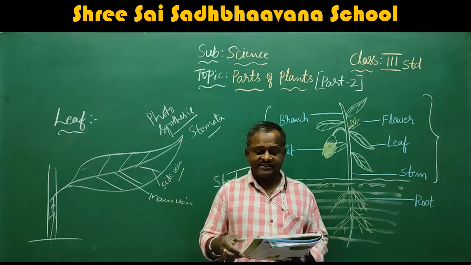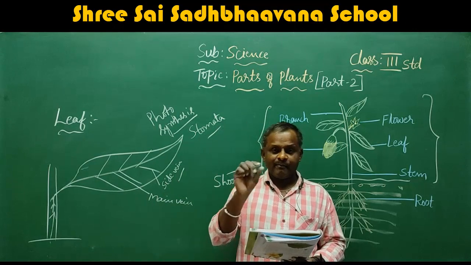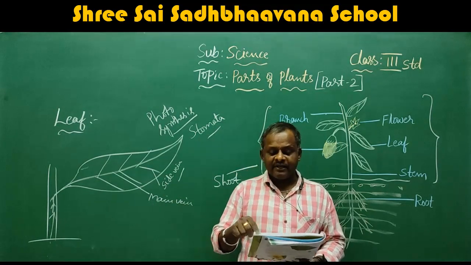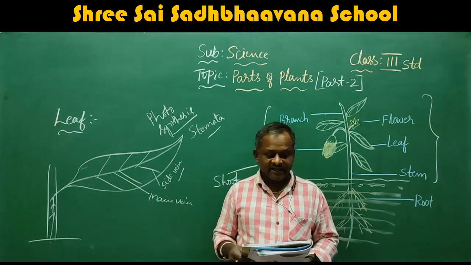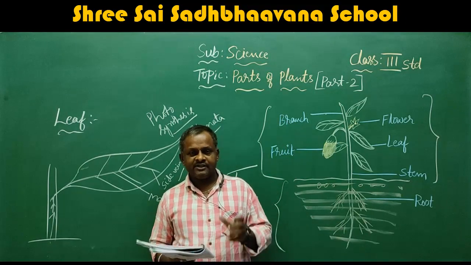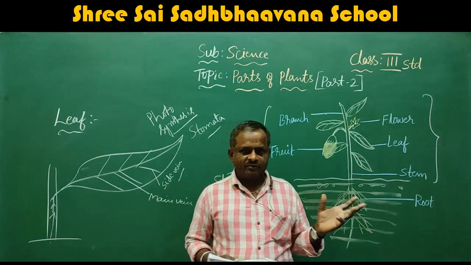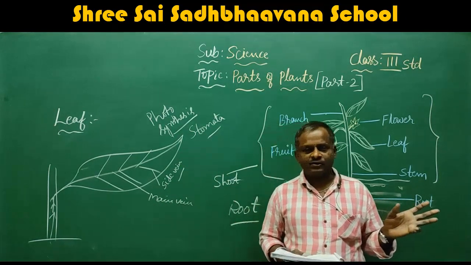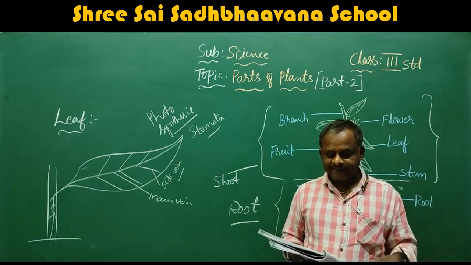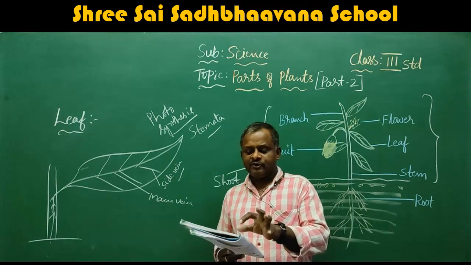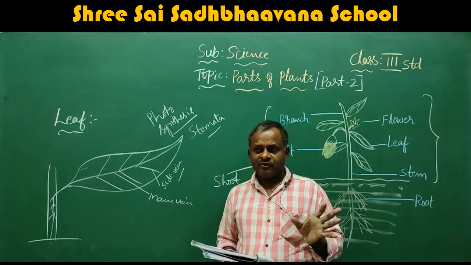A papaya has many seeds. See in the figure itself, they have given black color. Those are the papaya seeds. There are fruits like banana with no seeds at all. That means some fruits like banana have no seed at all. Okay. Next, here they have given only this much about the fruits and seeds.